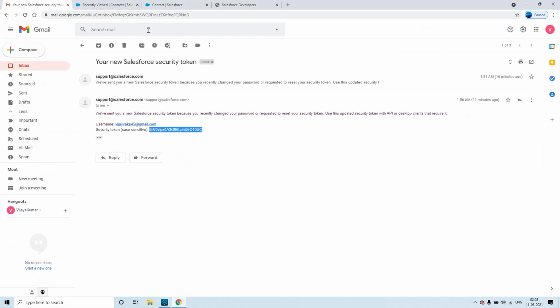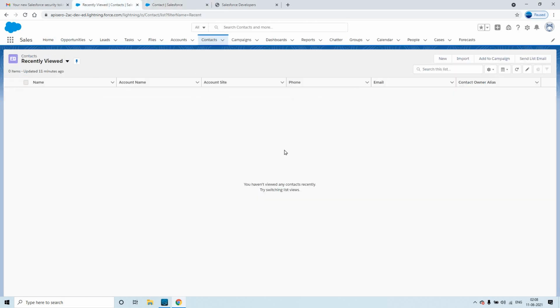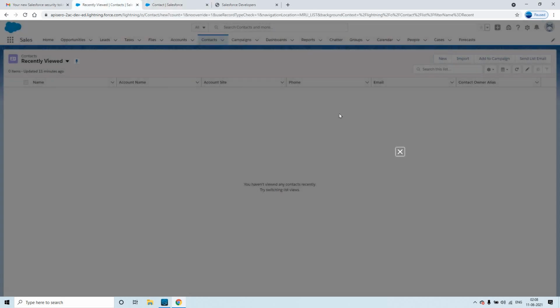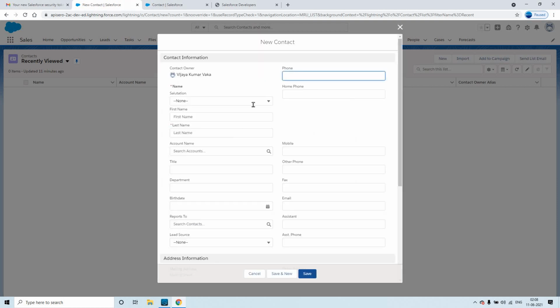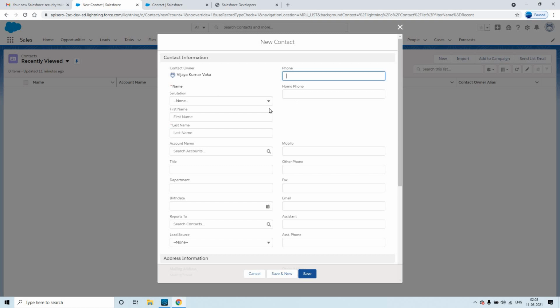Now let us try to create one simple entry within this contacts object. So click on new. I'm going a little faster because this application will be doing the hits. Let me choose the salutation, I have configured it as Mr. Let me type the first name as something like Sachin, and I'll keep the last name as Tendulkar.